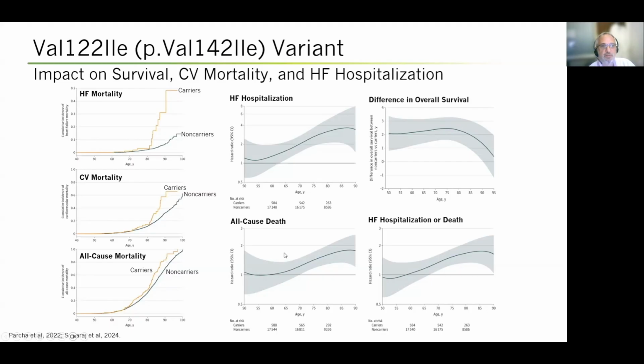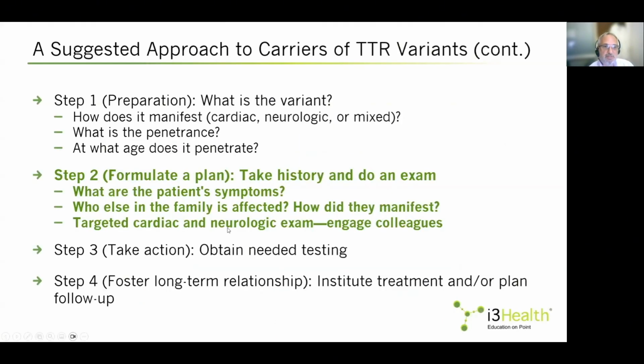And so we urge people to get tested about 10 years before the predicted age of disease onset in those particular tables. So if you have a penetrance of, say, 75, you want to test someone starting around 65. Step two is now that you know what the variant is and you prepare to see the patient,